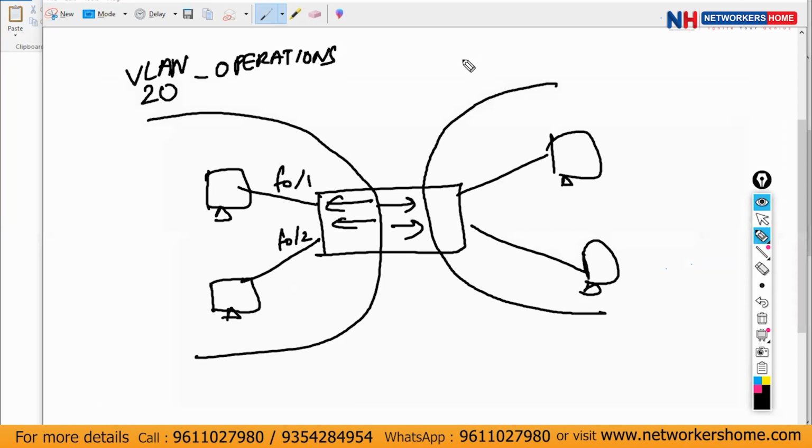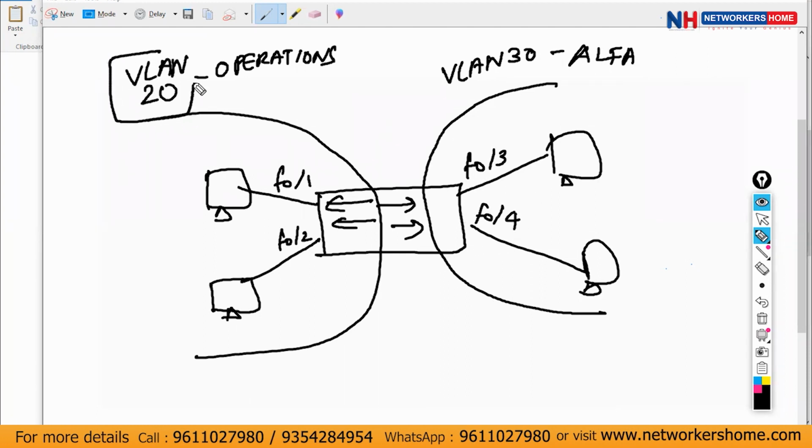Okay, and again you can create a VLAN 30, and you can give the name alpha. Now suppose this is F0/3, this is F0/4, and let me again tell you, VLAN means it's a broadcast domain. So we'll be giving an IP address like this,